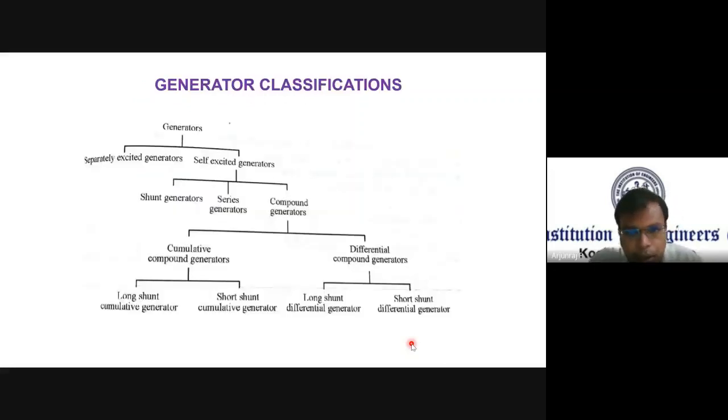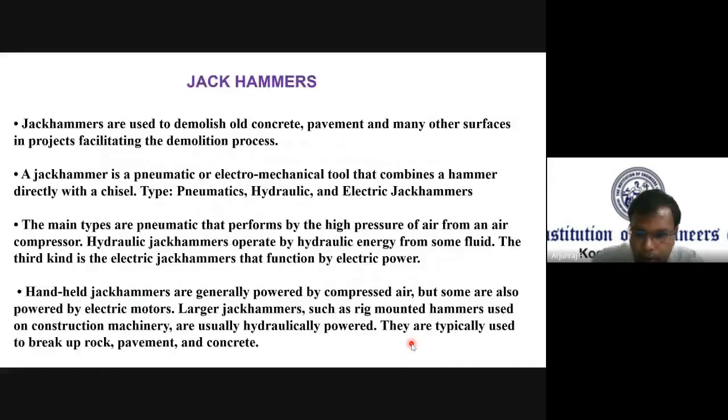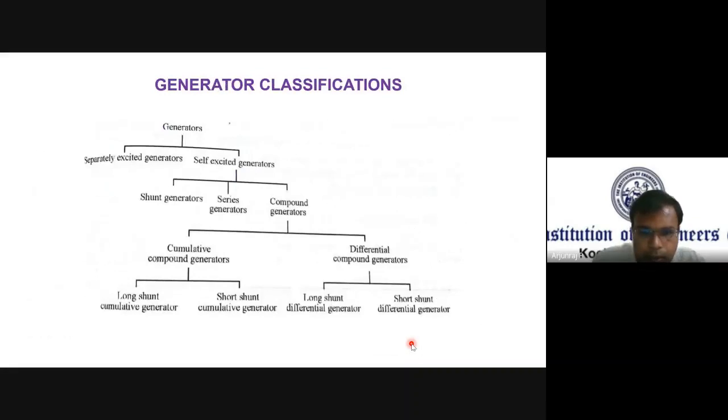Next, we go with a topic called generators. As you know, there are generators of different types. We have AC generator, DC generator, and again it's divided into various classifications. But as far as the construction equipment is concerned,